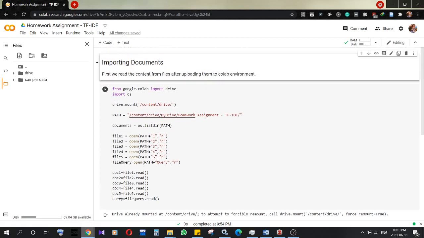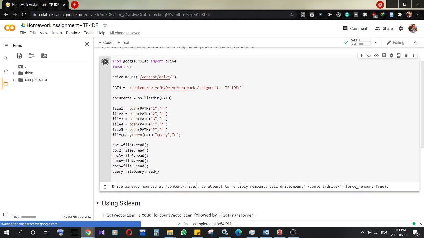Here first I will import the documents provided to us, because Colab cannot keep documents permanently. If we add documents for a while, when we log back again, since it will change the virtual machine we are using, the documents will be gone. So first what I do is import Google Colab drive. I'm mounting my drive,